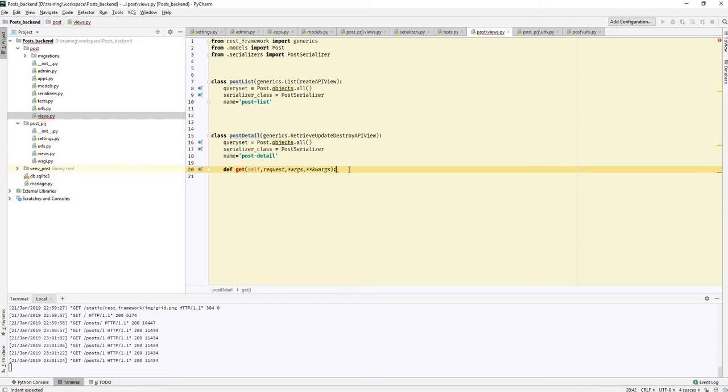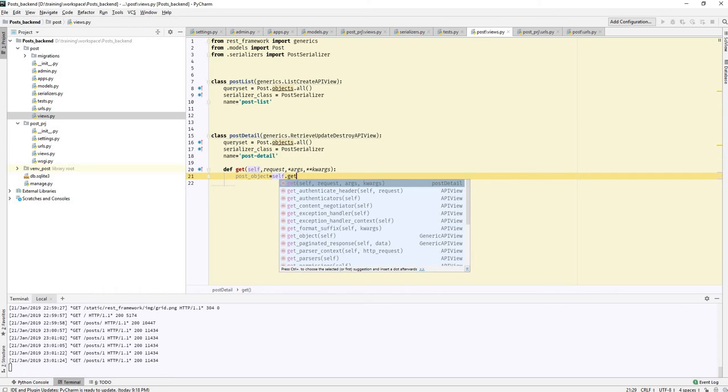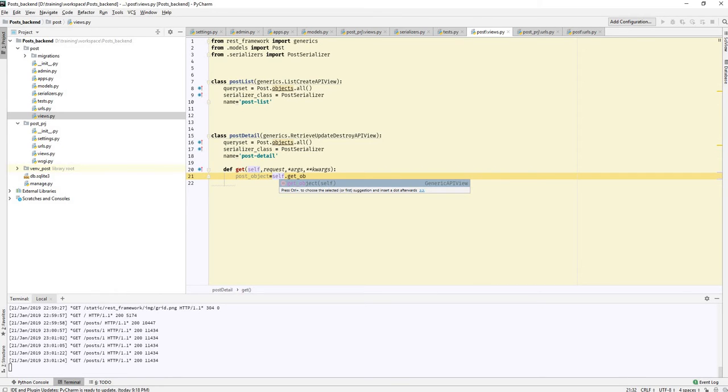And that something else would be here. So that would be post object equals self dot get object. Okay, so get the object that is called,